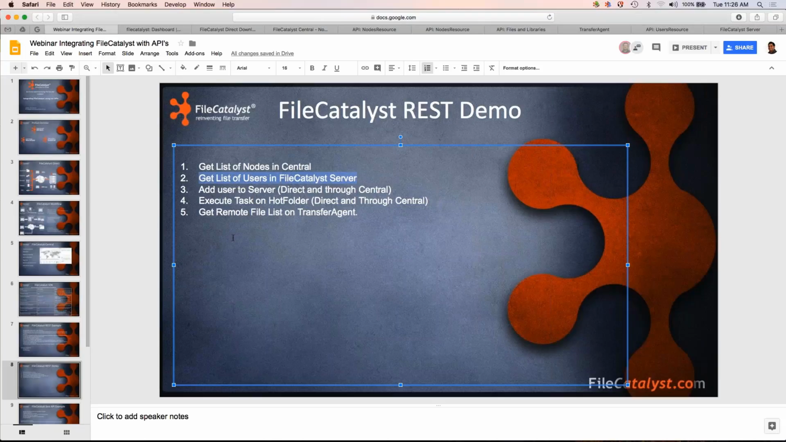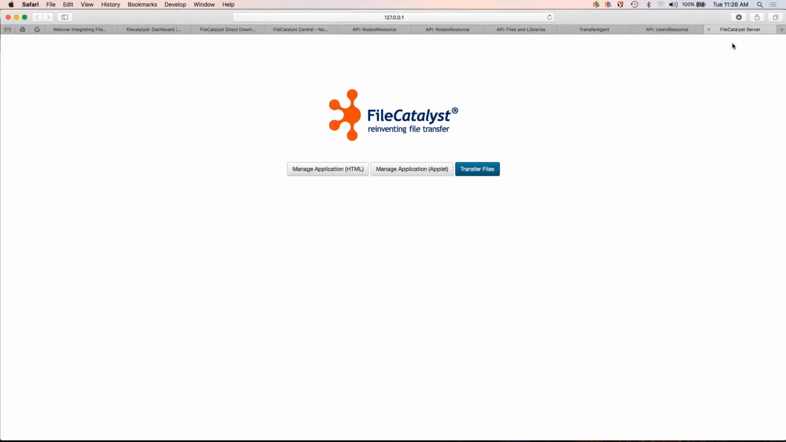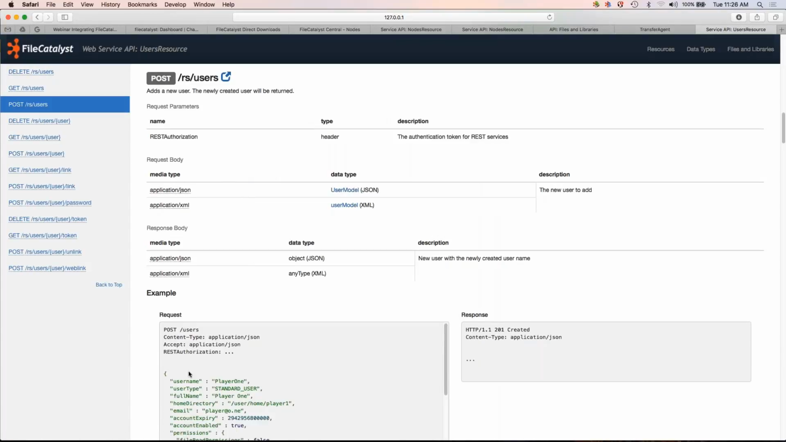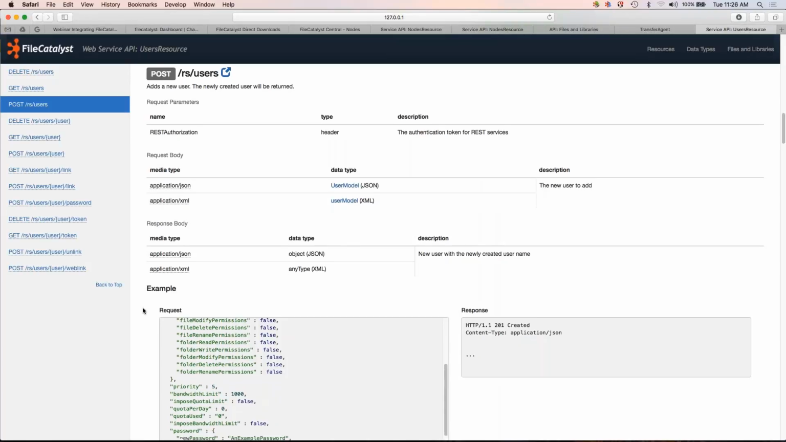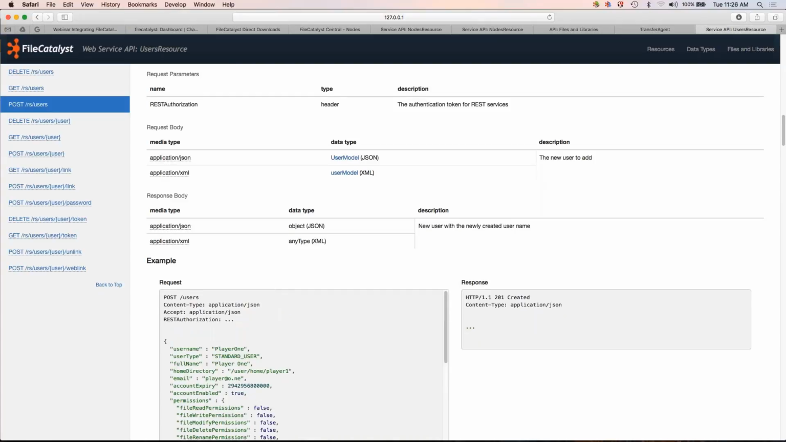All right, let's go back. Add user to a server. This is the fun part. So when adding a user to a server, again, refer to documentation. So just close this out here. To add a user, we're going to run a post and send in a user object in JSON format. To generate this user object, you can either copy the one that's here, but what I like